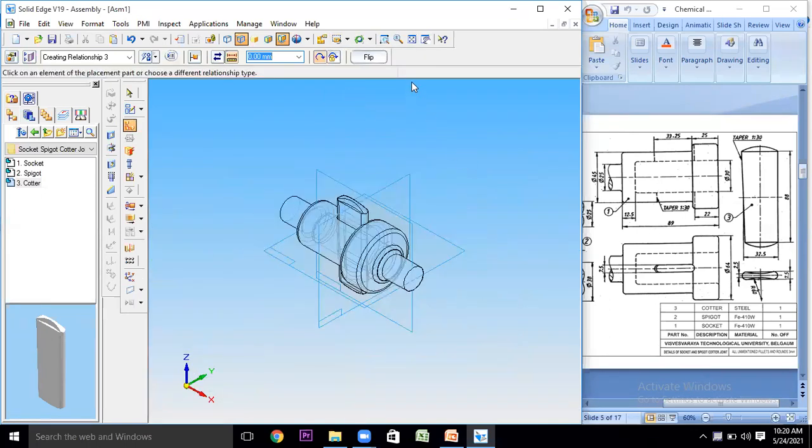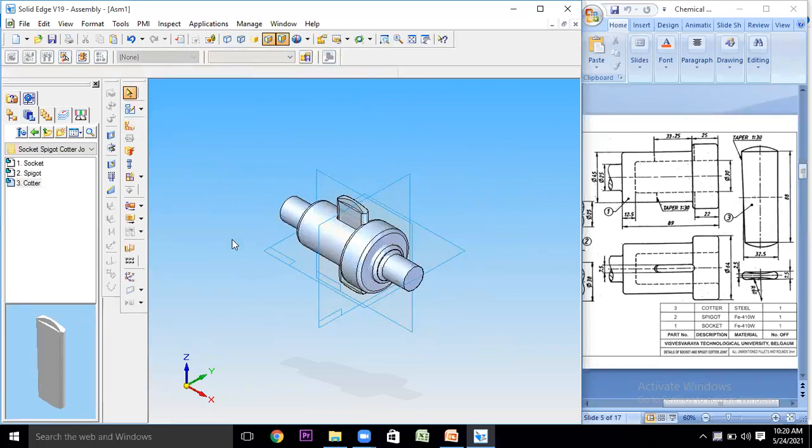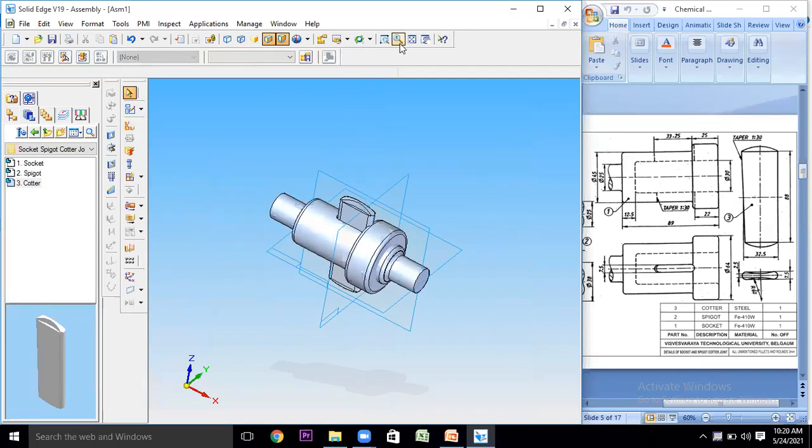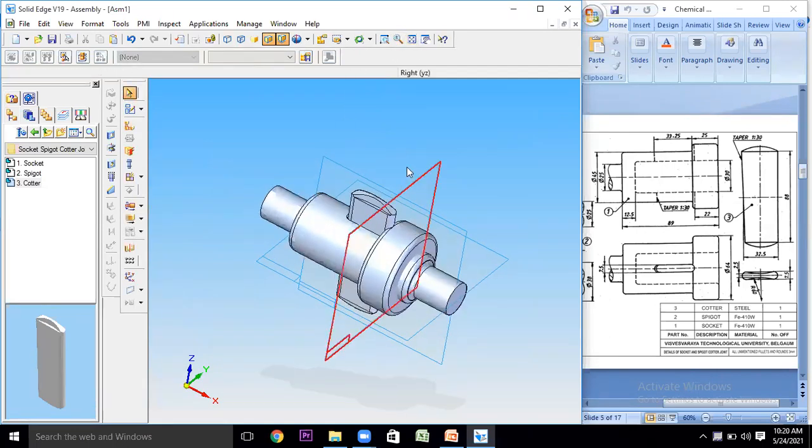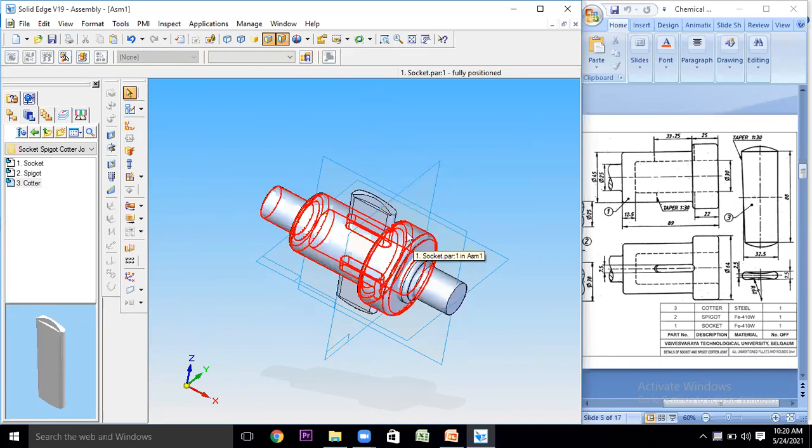Then after this, you can keep it in shaded with visible edges mode. Okay. Then you will be having your sockets without quarter joint. Okay, sockets without quarter joint. This has to be converted into a 2D diagram. So for that purpose, what we will be doing,